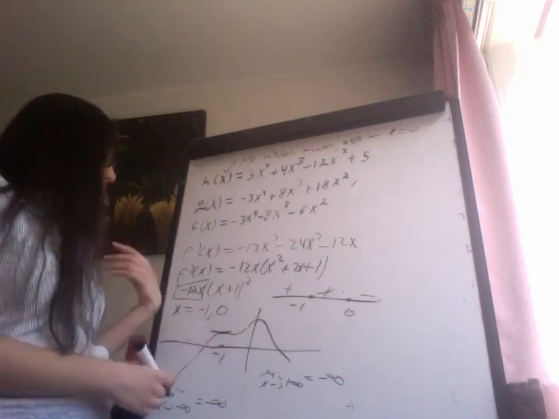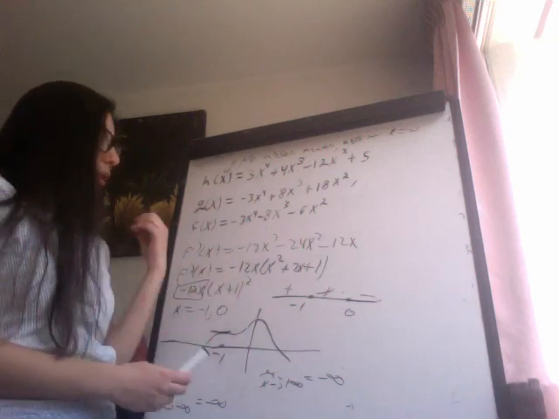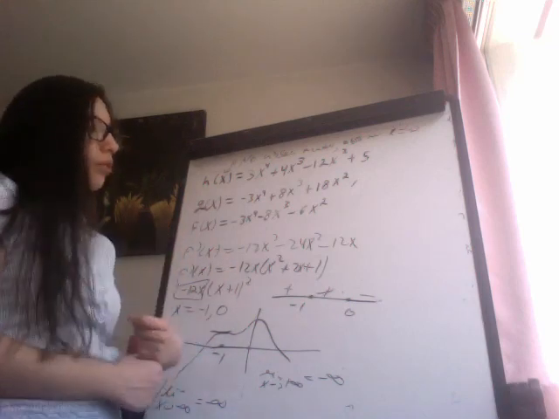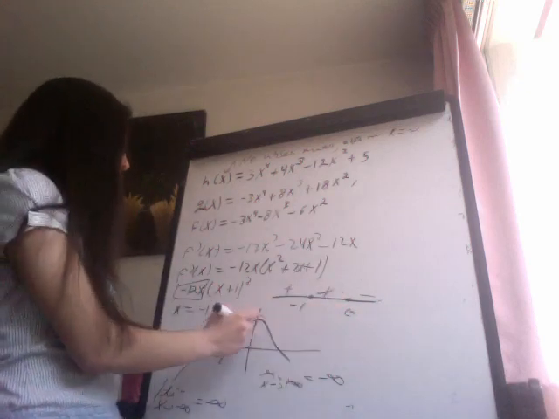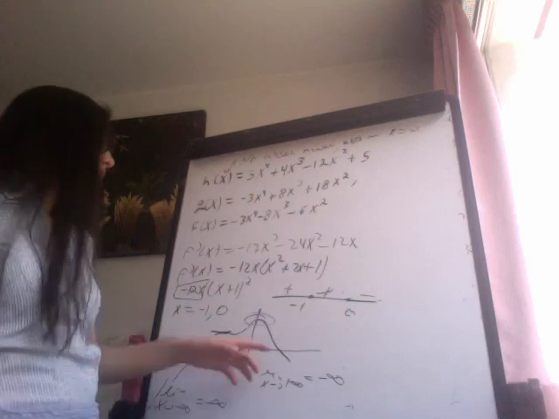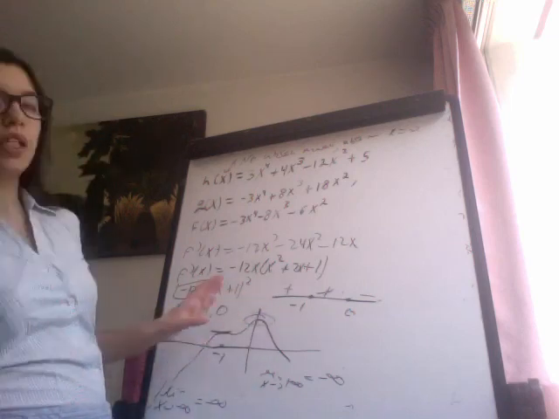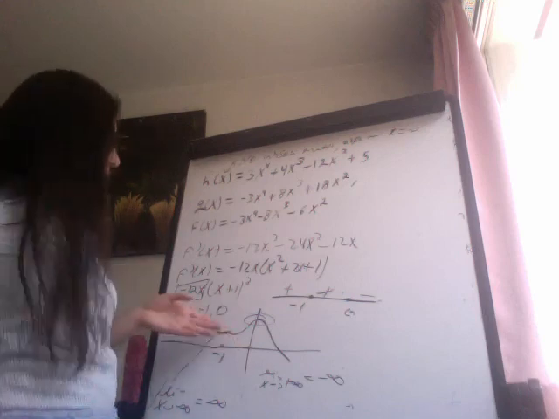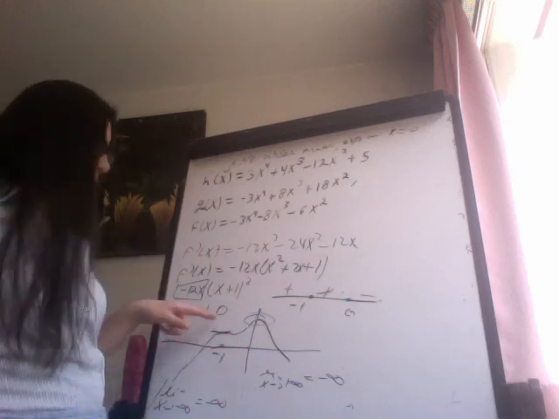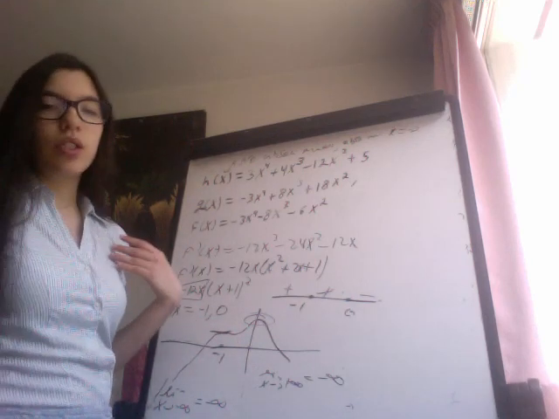We have one absolute and relative maximum, that is here, just at x equals 0. This point was only a critical point, only a candidate for a maximum or minimum, but there is no extreme value here because there is no change in the slope. So in the next video, we're going to